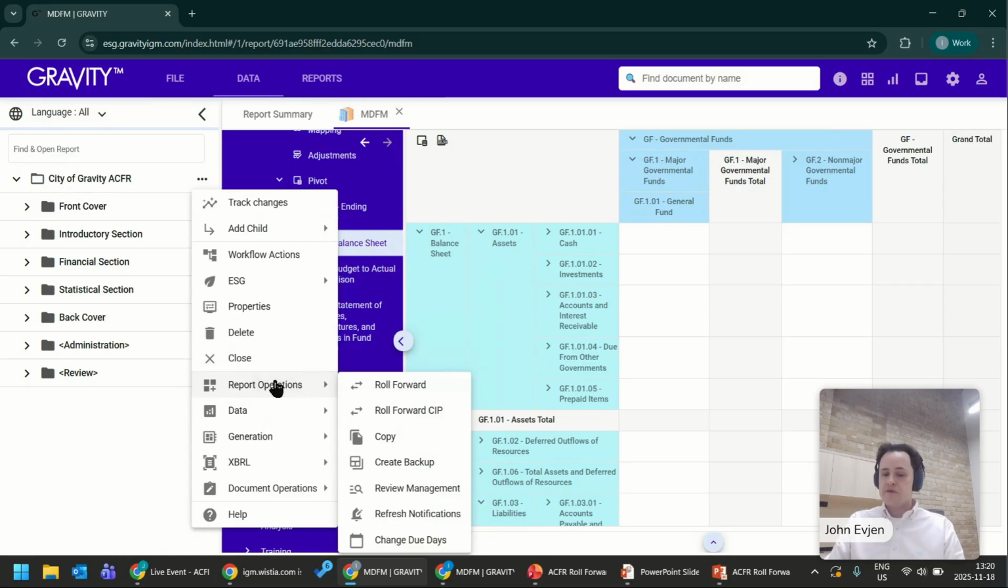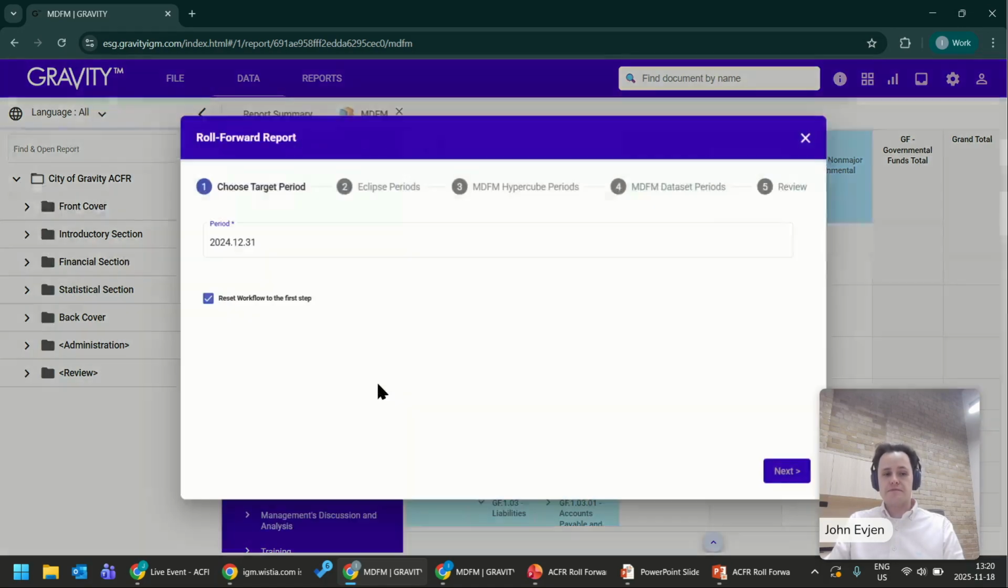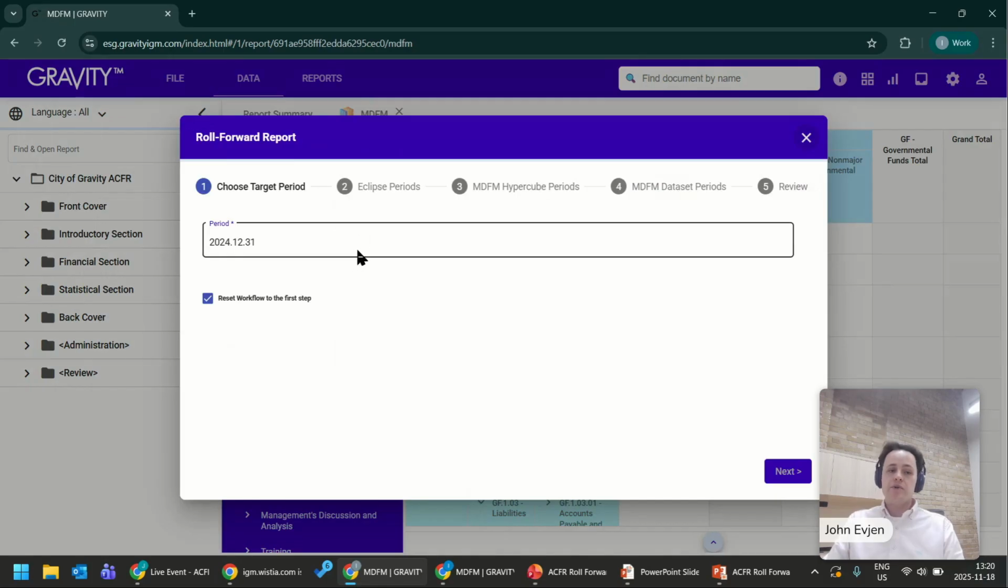In report operations, we've already seen this, but we haven't talked about it yet. We have Roll Forward at the very top of this menu. We click on Roll Forward here. We're now going to be rolling our report from 2024 to 2025. Now, this period that we have here is the second step that we had made inside of our